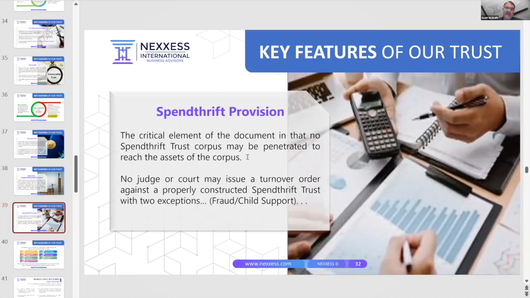This is the one that protects everything. This is the one that keeps the lawsuits from coming. Because I cannot knock on your door and say, Mr. Smith, I want you to please give me Mr. Jones' car. Mr. Smith can't give me Mr. Jones' car because Mr. Smith doesn't own Mr. Jones' car. In the same way, they can't come and take money from your trust and give it to someone else, because the trust doesn't own it itself.